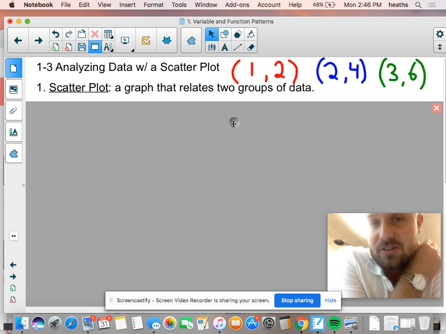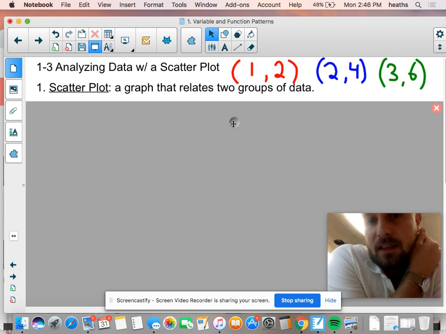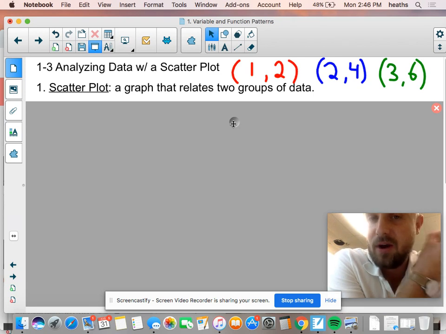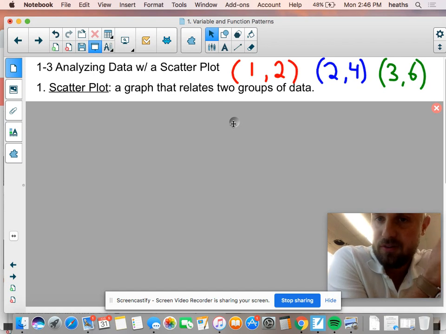Your number 1 is your x value, and that number 2 is your y value. Those are called ordered pairs. So the red is an ordered pair, the blue is an ordered pair, and the green is a third ordered pair. An ordered pair is two numbers that we're going to relate or group together